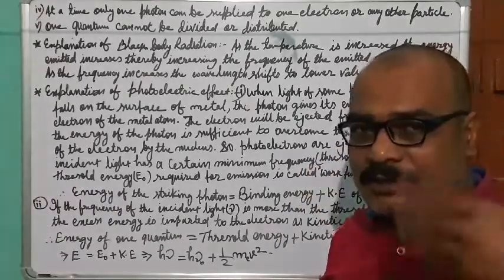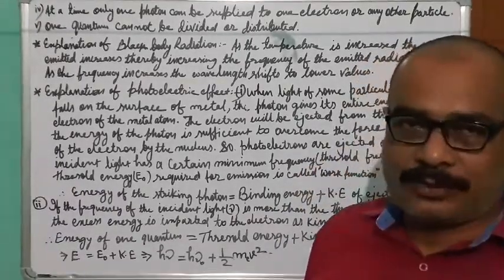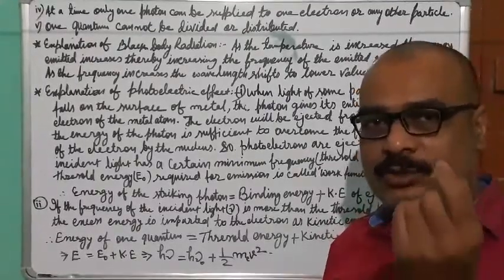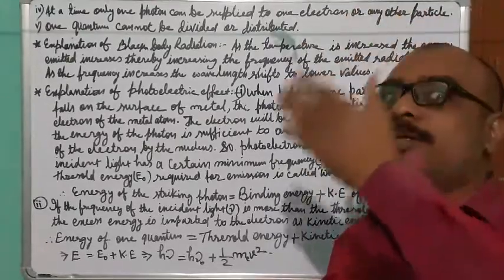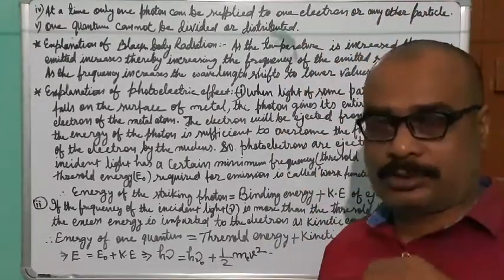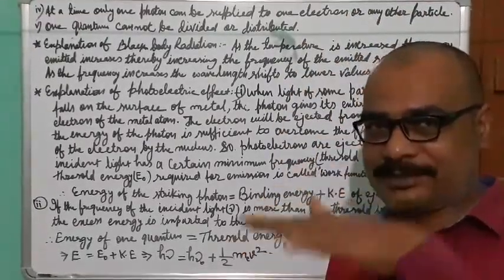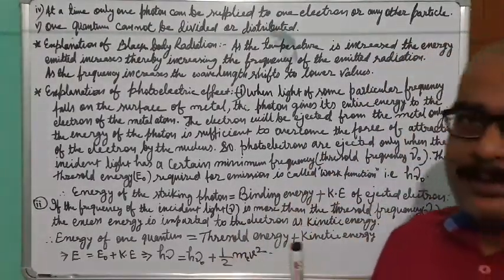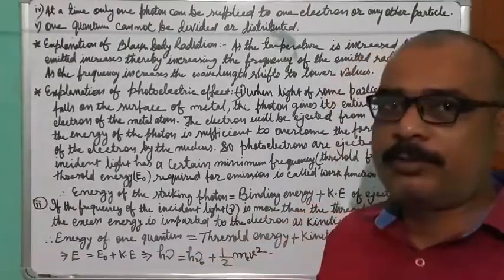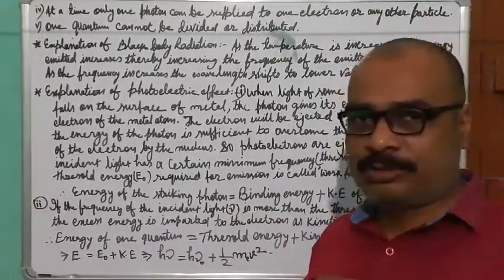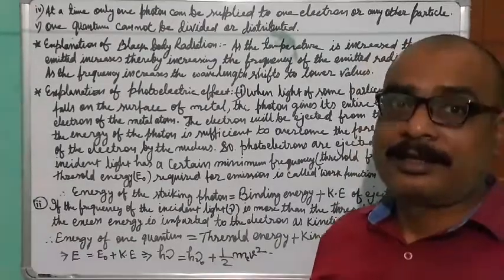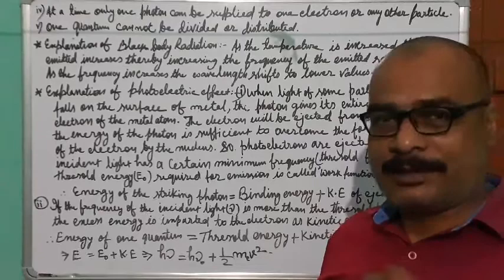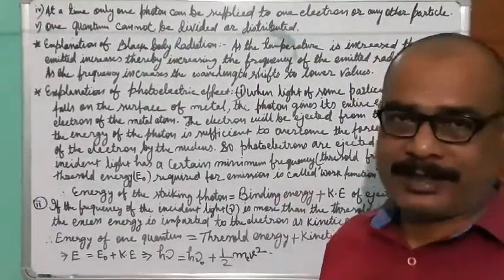And the rest part of the energy, whatever is remaining with the photon, will be utilized for kinetic energy. That will be utilized to move the electron into the circuit. Once you have ejected the electron at the surface of the metal, it is required to move the electron. Until and unless there is a movement of electrons, there will be no electricity. For movement it must have some velocity, speed, and to have velocity and speed it must have kinetic energy.